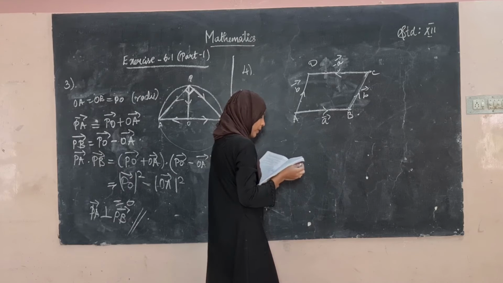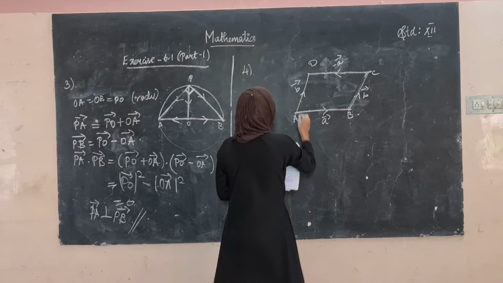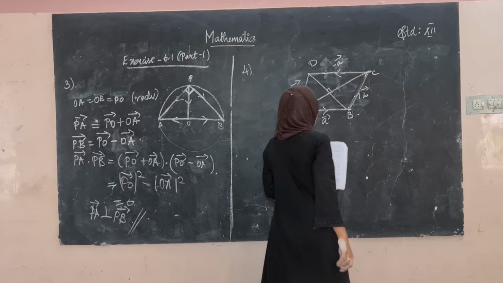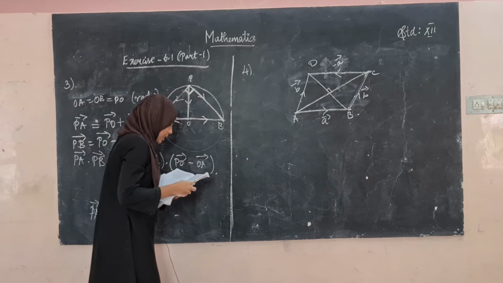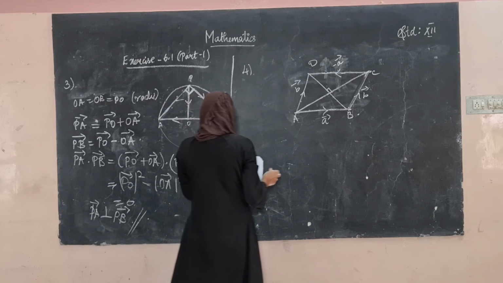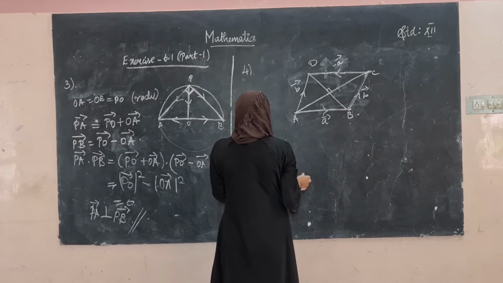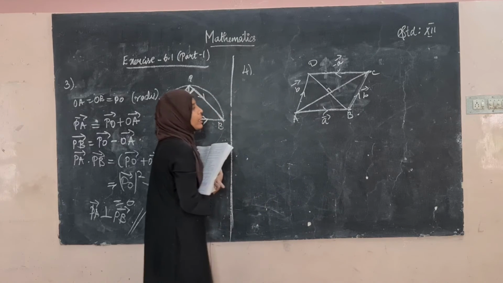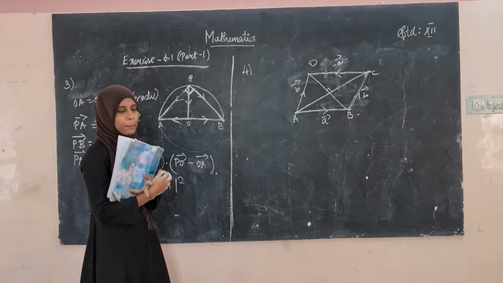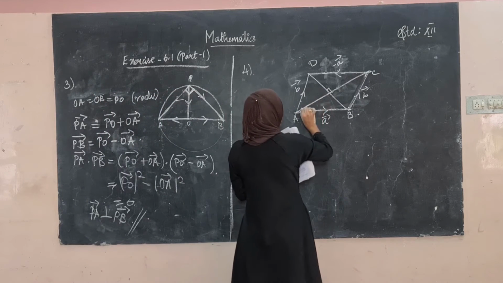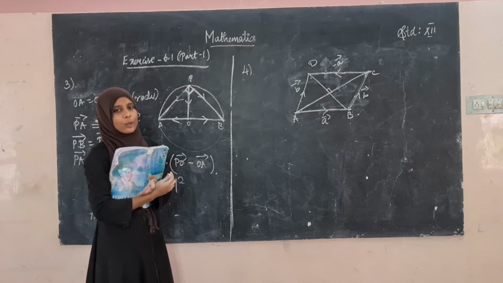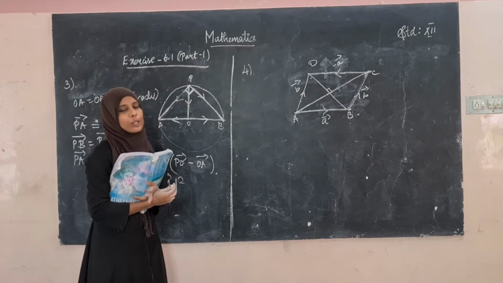So, what you have to prove is that the diagonals of the rhombus bisect each other at right angle. That is, these are the diagonals, right? So, we have to prove this is 90 degree. Bisect each other at 90 degree. Okay, how can you find this bisect is at 90 degree? 90 degree means the two lines will be perpendicular, right? So you should prove that AC is perpendicular to BD. So what we can do? AC vector dot BD vector is equal to 0. We can prove like that.